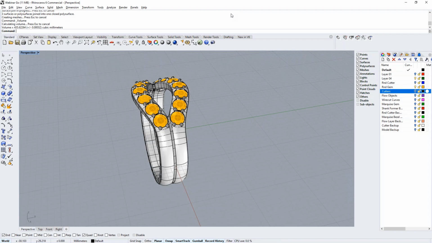Sure. Now Rhino does have a mesh to NURBS command, but for a mesh with, say, over 60,000 polygons or something, it makes it very difficult. Every face becomes a surface,